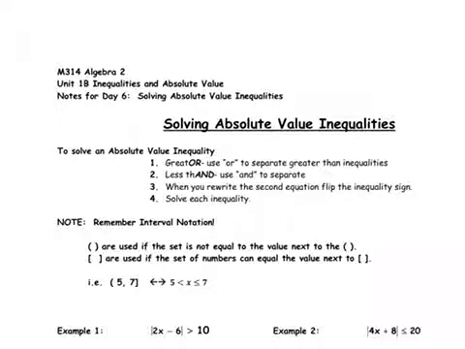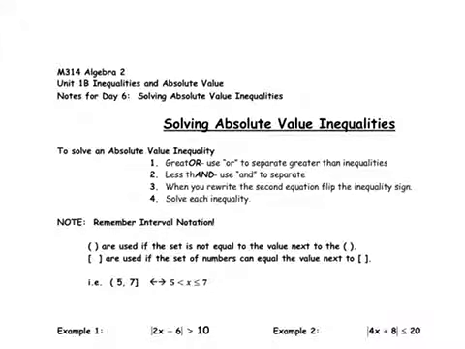Okay, we're going to go through the notes for Unit 1B, Day 6, Solving Absolute Value Inequalities. This is going to be similar to solving absolute value equalities in that we have to find the positive and the negative. However, using inequalities is going to add some complexity to these problems, and you can read through